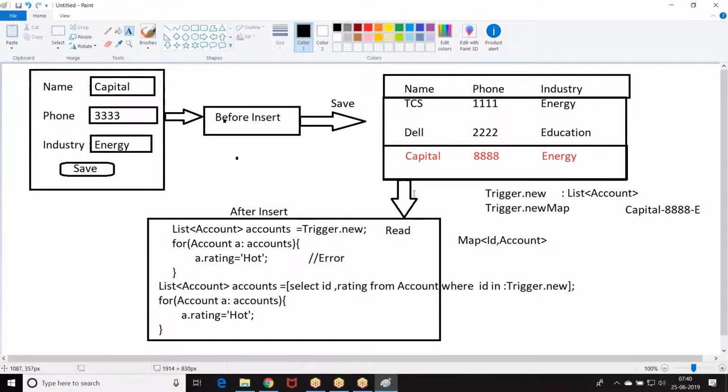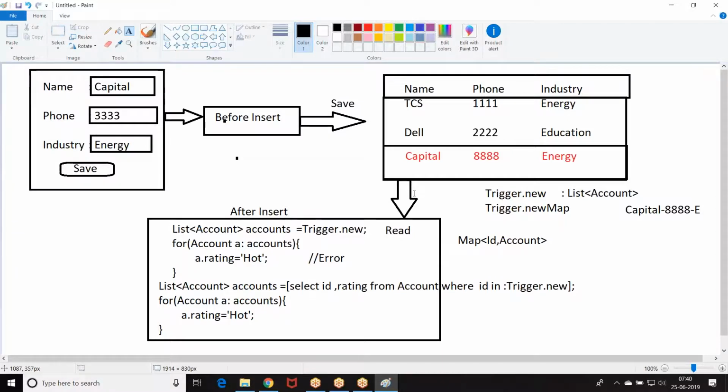Now what I want is account teams. I want account. Now account team is a child object of account. Account is a standard object. Similarly, we have an object called account team member. Account is a standard object. Account team member is also a standard object. But account team member is a child of account. When can I create a child?